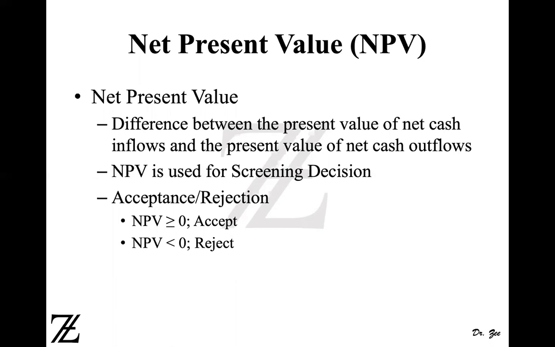If NPV is less than 0, the project is not desirable. You can reject those projects which have NPV less than 0. If the project has NPV greater than 0, obviously you're going to accept it as a desirable project, which means that the present value of net cash inflow is greater than the present value of net cash outflows, right? If the NPV is equal to 0, you're indifferent. You're neither making money nor losing money. So it's your choice, but the project can be acceptable. It's based on your choice.